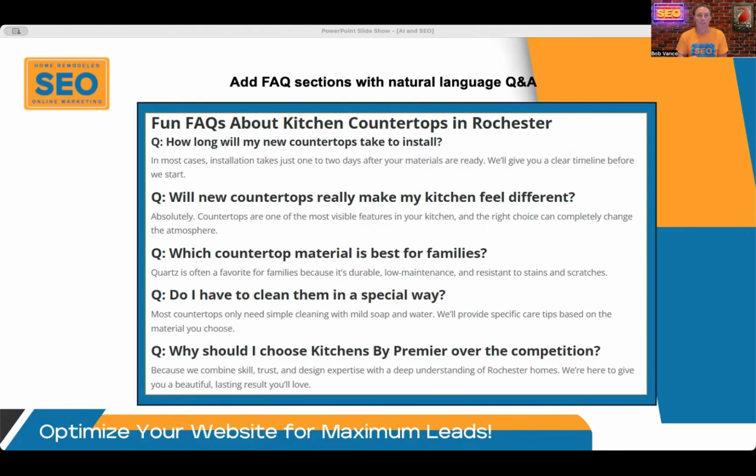What's the best residential window company near me for new windows? Something like that. That's what people are thinking. That's how they're putting it into voice search. And so that's how you might structure your question. And then of course your answer can regurgitate those keywords back with a fulfilling answer that answers that question precisely. So think about using some FAQ sections like that. That's going to really help with voice search.